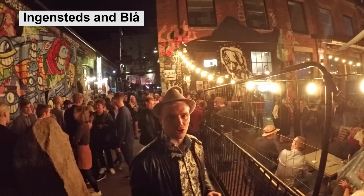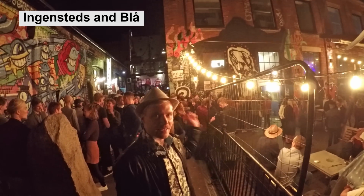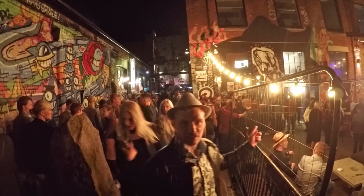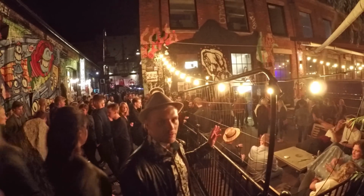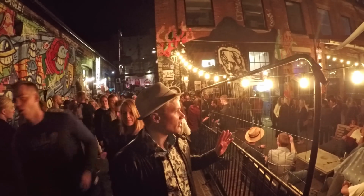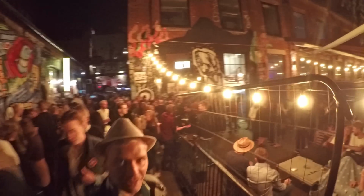Also by the river on Grünerløkka are 2 nightclubs. It's Ingensteds, which is a newer venue, and it's Blå. This is the legendary Blå nightclub, which has been there for 20 years. It's kind of a concrete graffiti-themed club, and